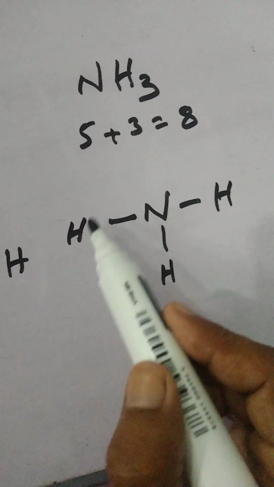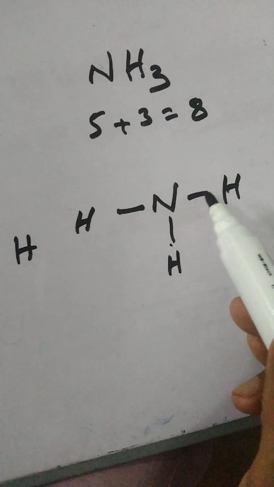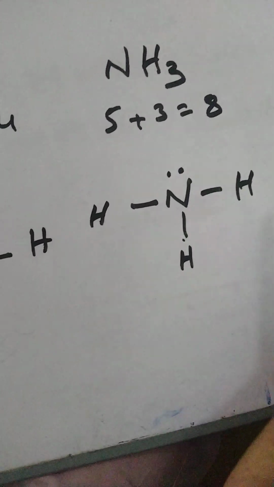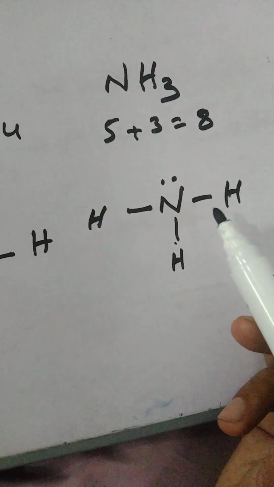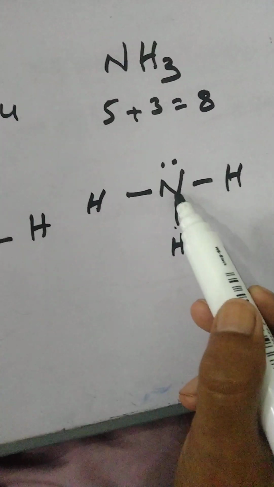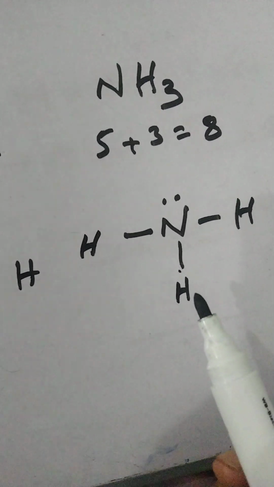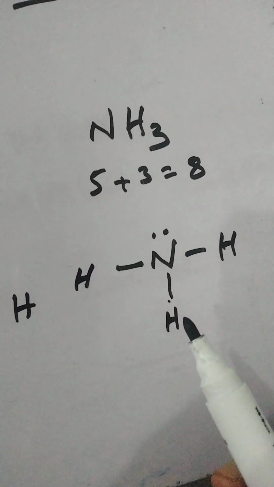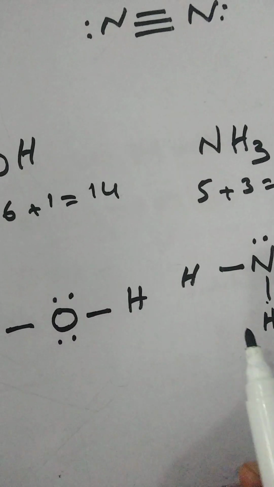Now 1 2 3 4 5 6, but we have to fix 8 electrons, so then 2 electrons go in the center as a lone pair. Now we see that the 8 electrons are fixed, and the hydrogen and also the nitrogen have completed their duplet and octet. Another one which we are going to draw is